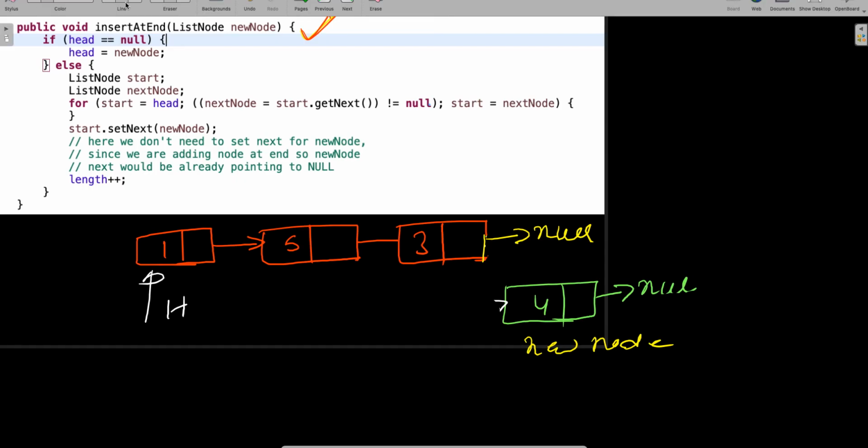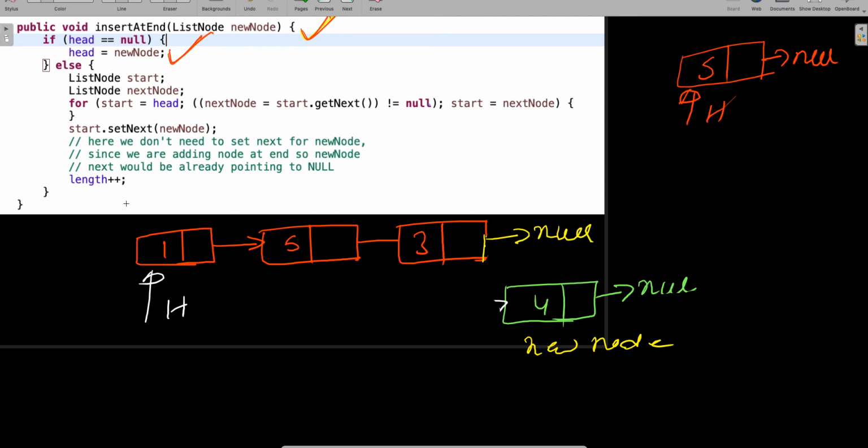Now go to the coding part. If the head is null, whatever node you are going to insert, head will point to that node. Head is equal to new node. So let's say it's an empty list and I'm going to insert, let's say, 5. So let's say node is equal to 5, and head will point to this. Simple. Because here there is no node, head will point here. That is the reason this logic has been written. This logic is useful only when head is not pointing to anyone, right? But focus on the else part. The else part is very important, guys.